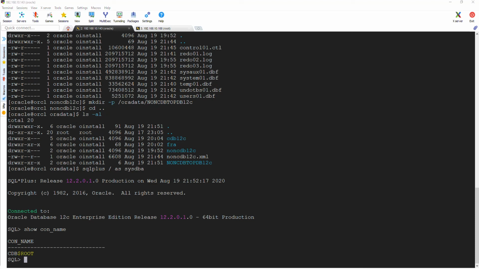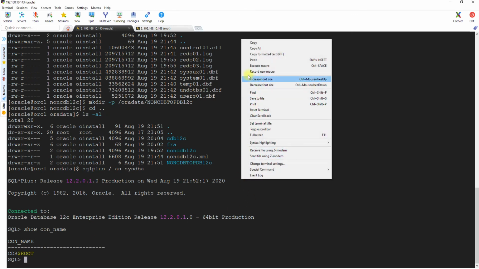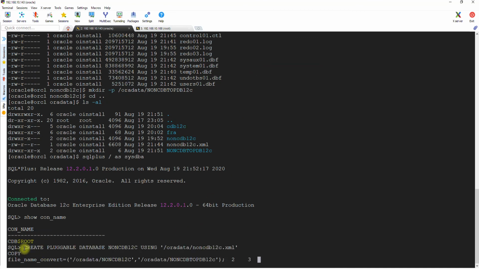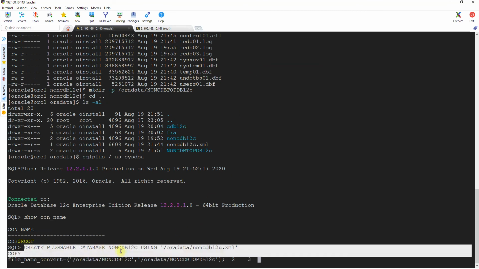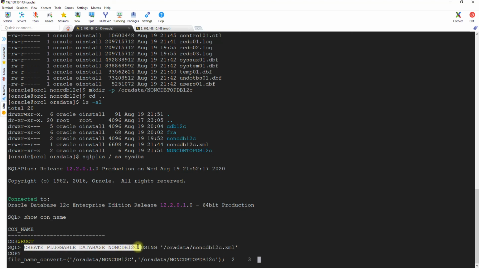So the command will be, just a second, paste. It says create pluggable database non-CDB12C.